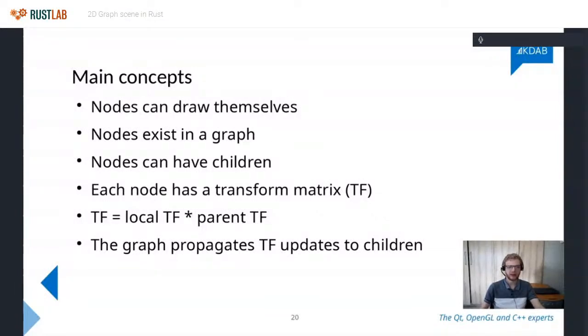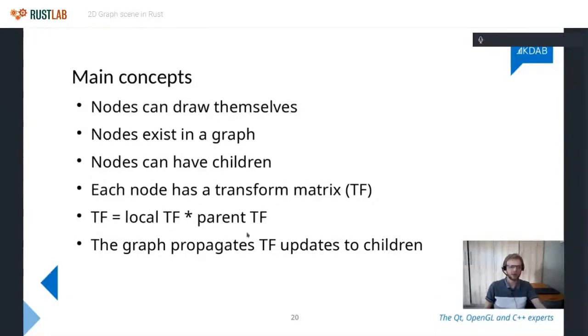So as I've stated here, each node in my system has its own transform matrix. And the transform matrix is basically what you use to position an element. But the transform matrix of a node is only relevant to the coordinate space of the parent. So if you've got a text node, which is a child of a parent node, and you say that it is at x10, y10, then that is relative to the origin of the parent. So the implication of this is that the effective transform applied to every node is the local transform matrix of each node multiplied by the parent transform.